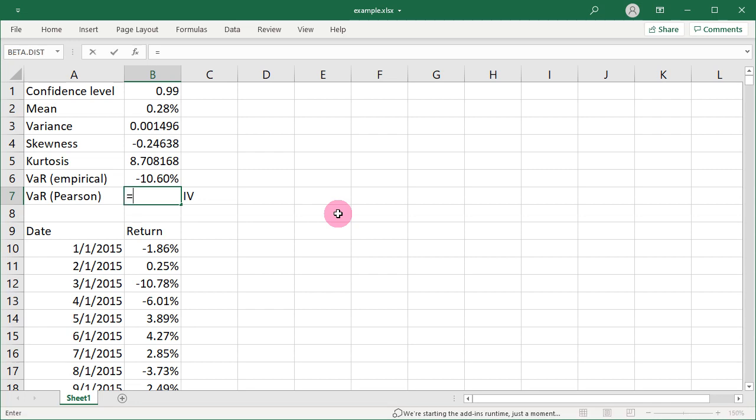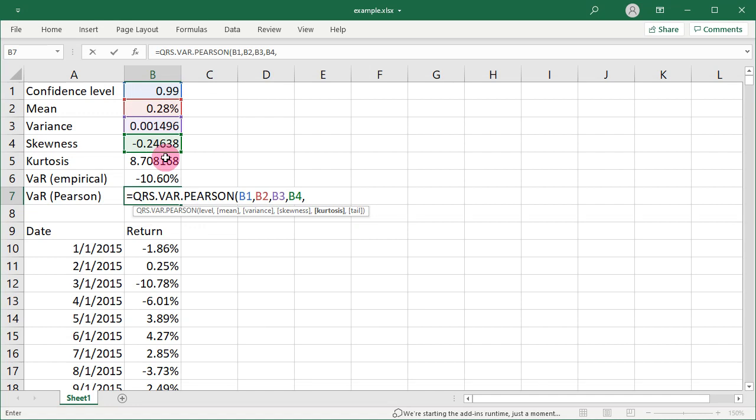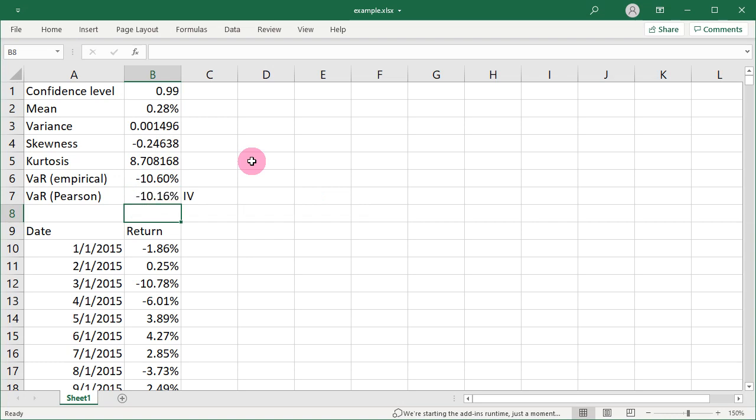To do that, we use QRS.VAR.PEARSON, give it the confidence level, the mean, variance, skewness, and kurtosis. We'll skip the tail parameter for now. And within 2 seconds, or less than that, we've calculated VAR for a Pearson distribution, and a Pearson type 4